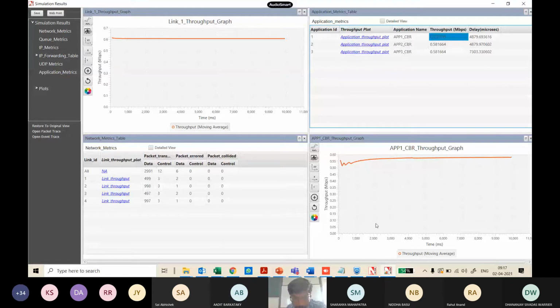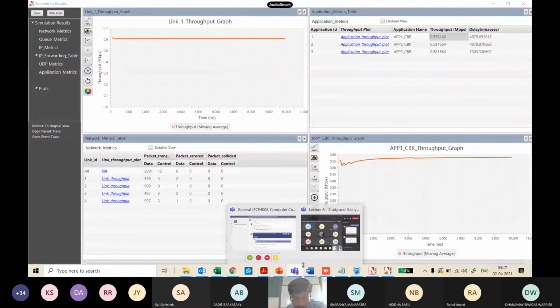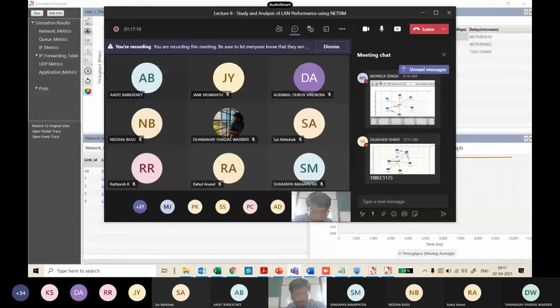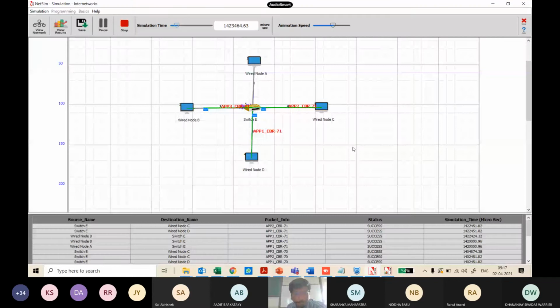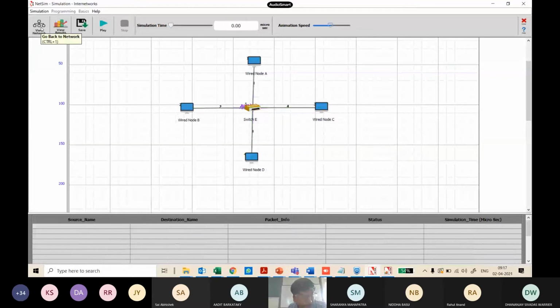I think, before explaining that, now we are in the animation window. Where is your design window? It's gone away. You want to get back to your design window. Please, all of you, please stop. Just follow what I'm doing. Now, look at my cursor. On the left-hand top, I am there. Click on the view network, right? So you want to stop this, you can stop. Click on the view network. So you go back to your design window.